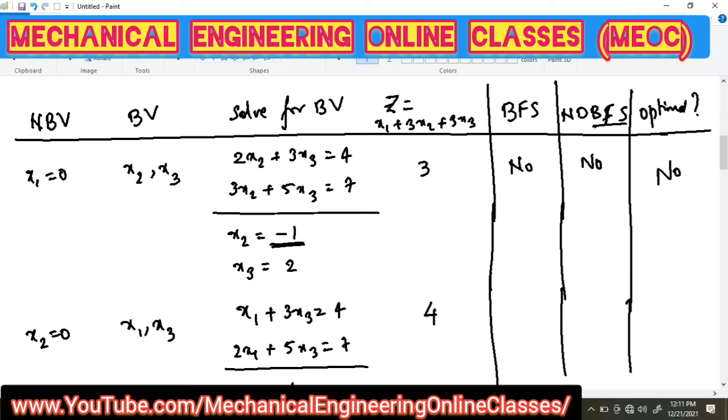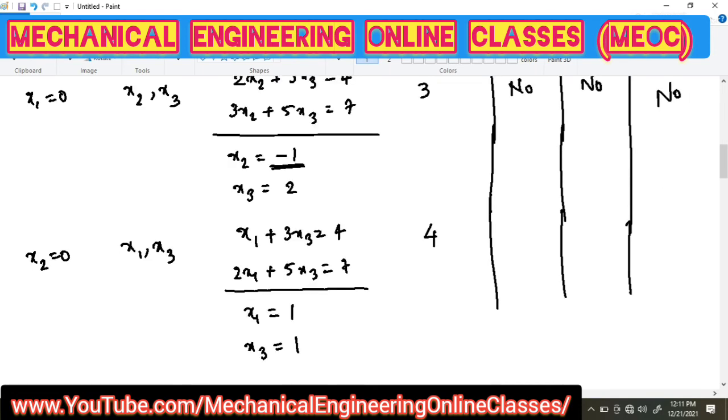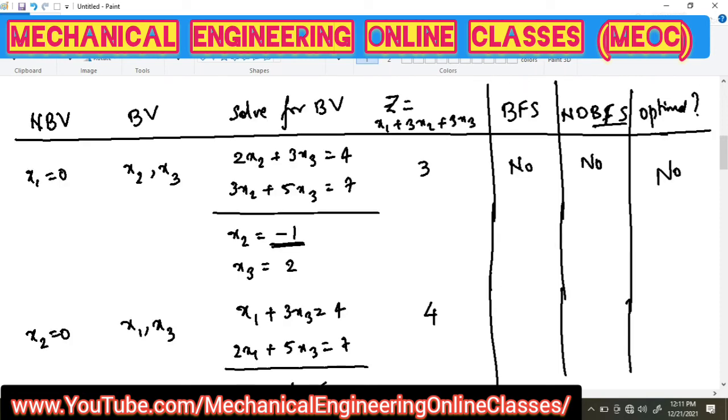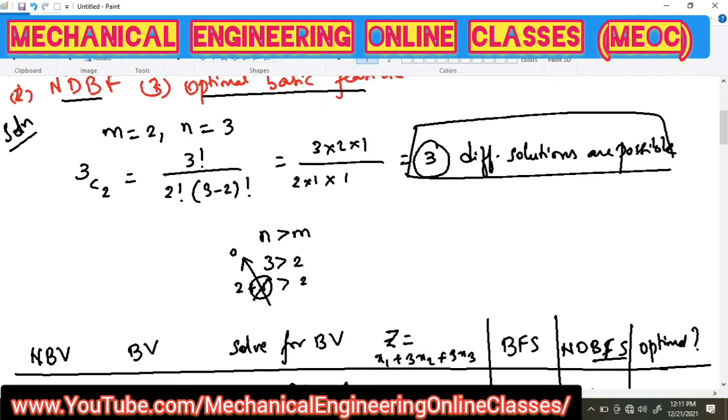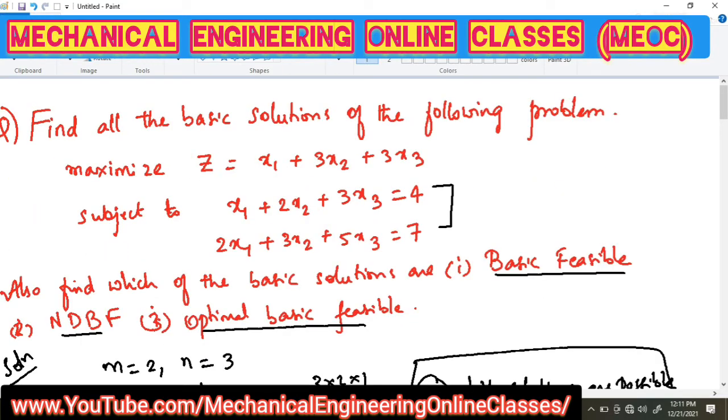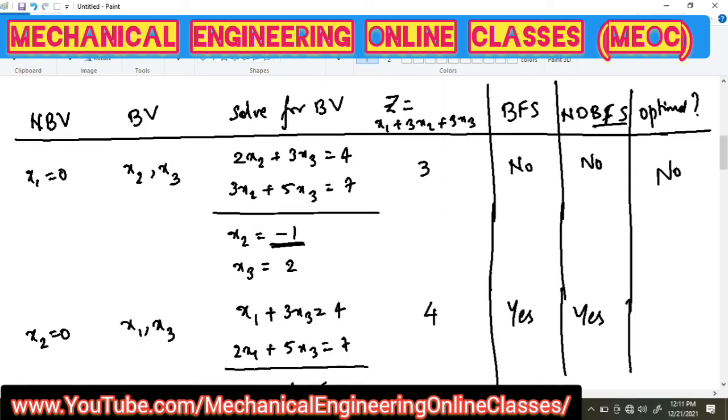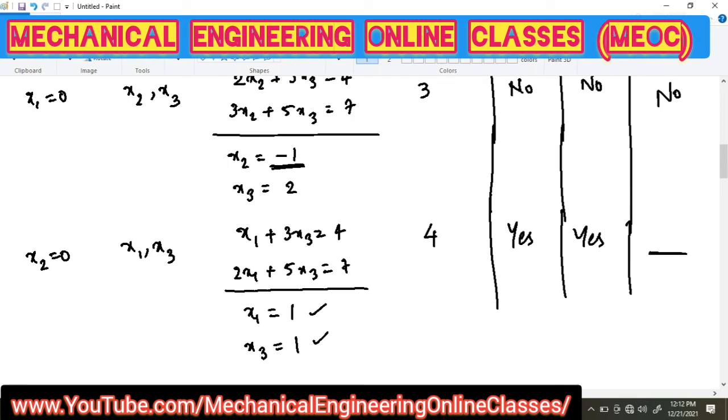So is this basic solution feasible? Yes, because there is no negative value. So this basic solution is a basic feasible solution. Is this a non-degenerate basic feasible solution? Yes, non-degenerate because all the basic variables are having a positive value. Is this optimum? Optimum means, as the given objective is to maximize, in order to know whether the obtained value is a maximum, we have to check with all the solutions. So the solution with the maximum z is optimum. So now we shall not answer this. Let us now go for the next case.